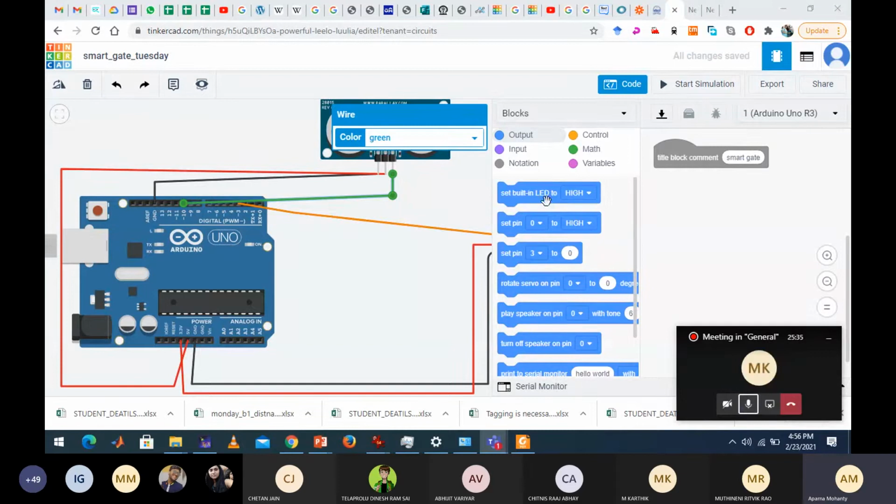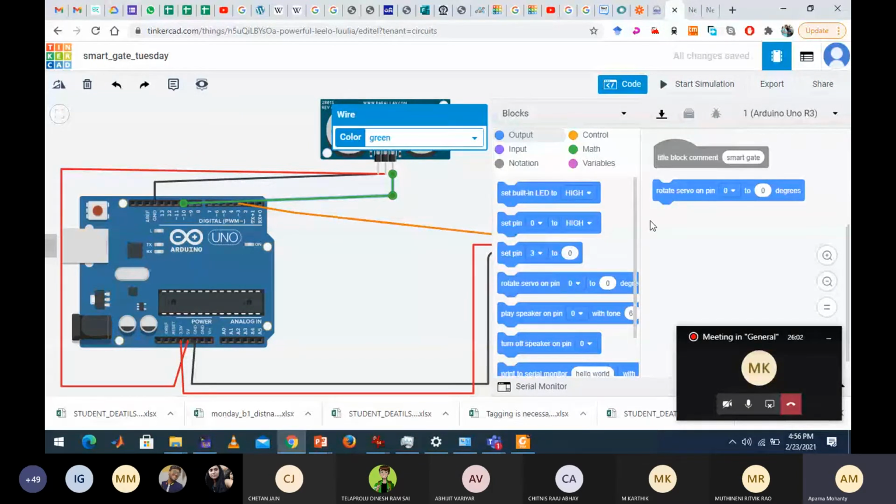So what I will do is just see this rotate servo pin. If I drag and drop here, the rotate servo pin comes first. This is the first thing: your servo pin initially will be at 0, suppose. After the condition, whatever variable you have set as distance, if the distance is below the threshold, then the servo motor should rotate.